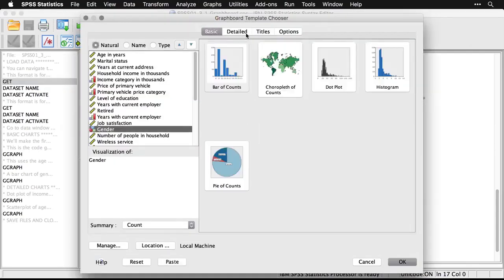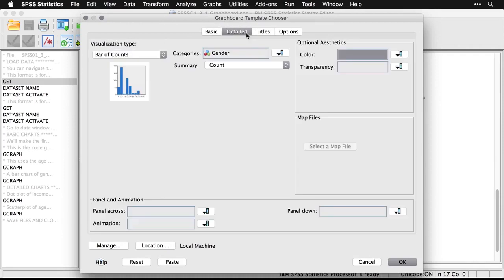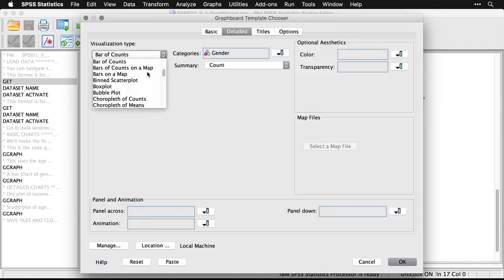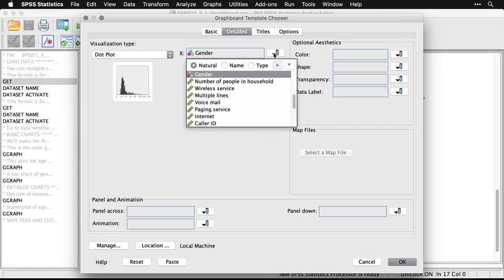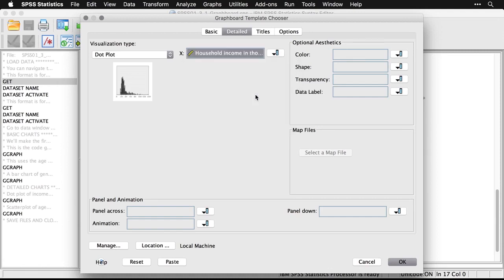This time I'll go to the Detailed tab. Click on that. And I'm going to make a dot plot. So I'm going to scroll through this. You see we have a lot of choices. I'm going to choose dot plot. And then it's going to ask what I want to make a dot plot of. And I'm going to click on this and I'm going to scroll to income. See, the one that I want is right here, household income in thousands. I can click OK